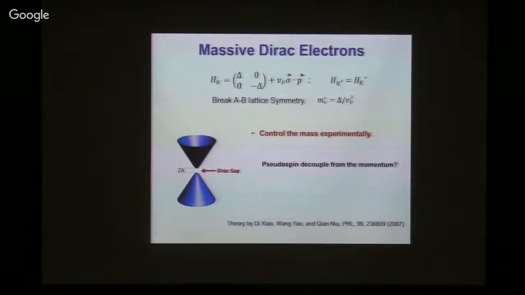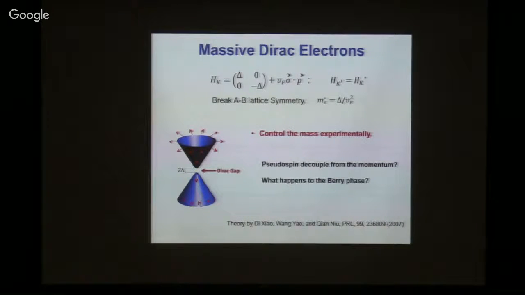For example, you can ask, what happens to the pseudo-spin degree of freedom? We know at very high energy, it becomes more like a massless particle. So pseudo-spin will be locked to momentum. It turns out when you open up a band gap where the kinetic energy becomes much smaller than the band gap, that's like a non-relativistic limit. In that case, pseudo-spin actually decouples from momentum, just like real electrons. When you go to the non-relativistic limit, you actually have a spin that's independent of momentum. So in this case, the pseudo-spin can also flip up.